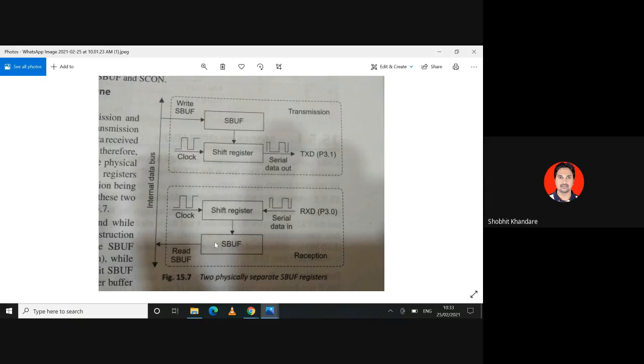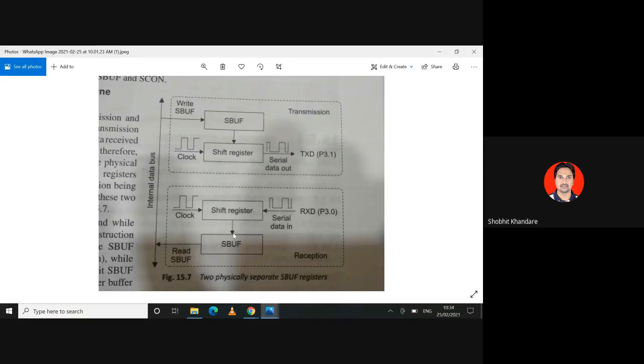Now use your common sense and tell me what instruction you will use. Come on now, use your common sense. I told you for writing, we move into the accumulator again. So tell me the instruction. Sir, MOV A, SBUF. Yes, that is as simple as it is. MOV A, SBUF, which means whatever is in SBUF I have to move into the accumulator.